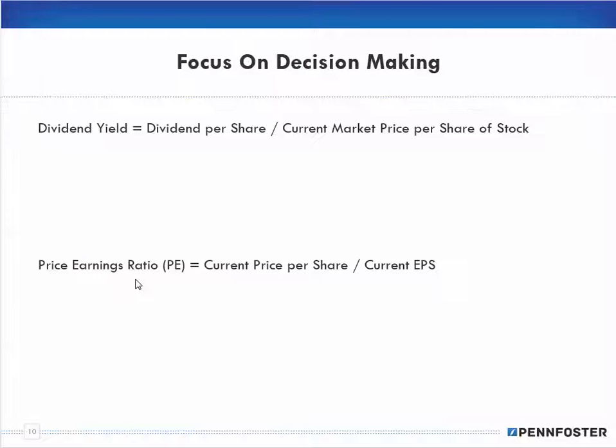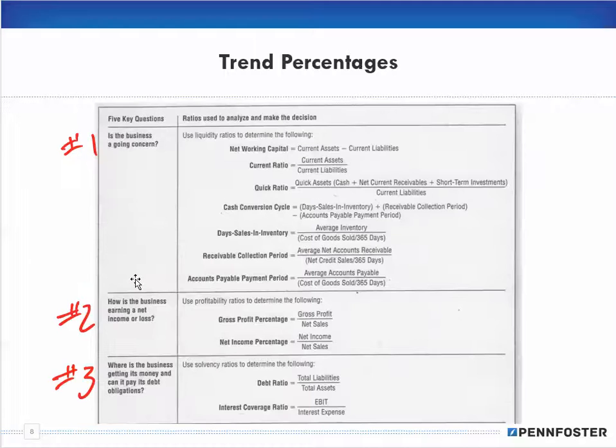All right. Now, the thing about these ratios is, again, it's not about getting just one answer. For example, a current ratio. It's not just taking current assets, dividing by current liabilities, and getting an amount. Let's say that ends up being 1.2 for the year 2014. Well, what does that mean? That number doesn't mean much in and of itself. The numbers are best used in comparison to something else.